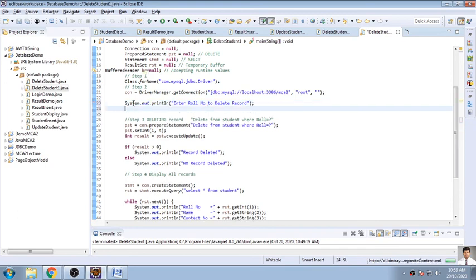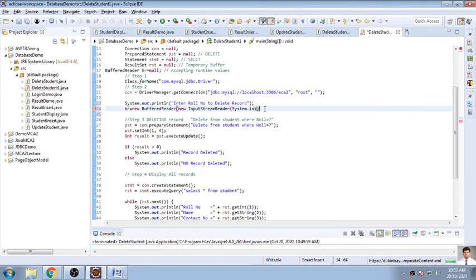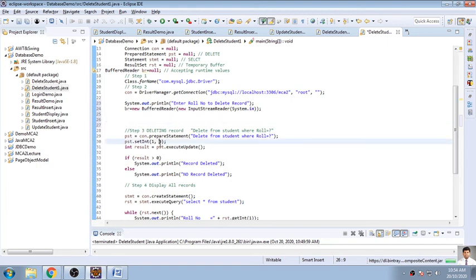Now how do we create the object of BufferedReader br? br.readLine, new BufferedReader, new InputStreamReader, System.in, and that is I will be passing this value here.